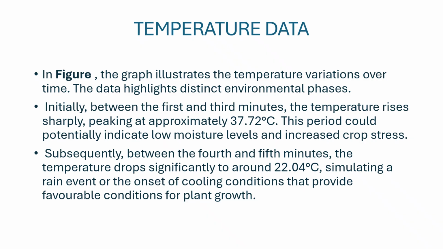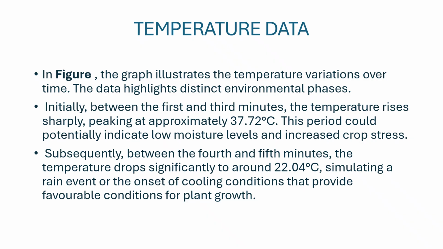Now we will discuss the fluctuations in the temperature data over the 1 hour duration. I have shown you the figure, and we will discuss it. In the beginning, specifically in the first 3 minutes, you can see from the figure that the temperature rises abruptly and goes up to 37.72 degrees Celsius. So the value is very high. This high temperature indicates low moisture, meaning when the temperature is high, the moisture is very less, and the crop stress